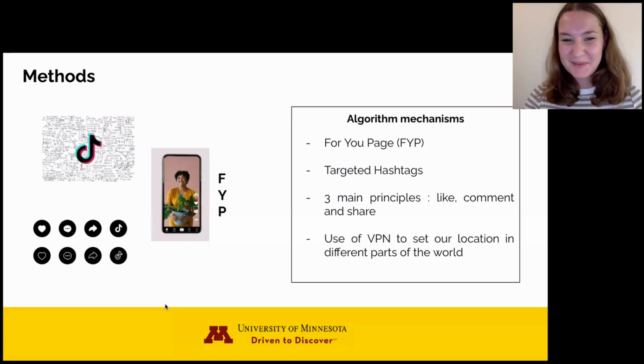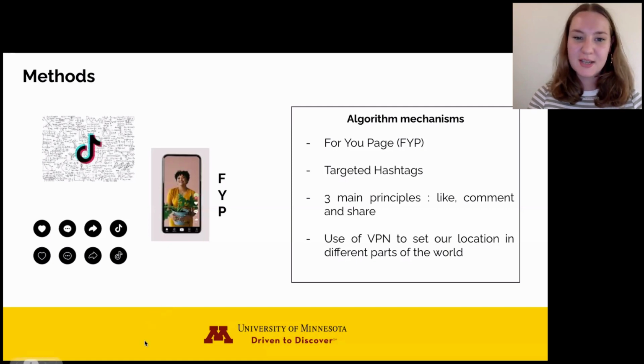So yeah, we started by looking for information about the different algorithms and understanding a little bit more about their mechanism. Although we also use Instagram, today I'm going to focus on the TikTok algorithm because this is the main part of the project. And the TikTok algorithm uses content-based interactions. So it has three main criteria to give a video recommendation to users on their For You page. So video engagement, posting time, and adding and stacking hashtags.